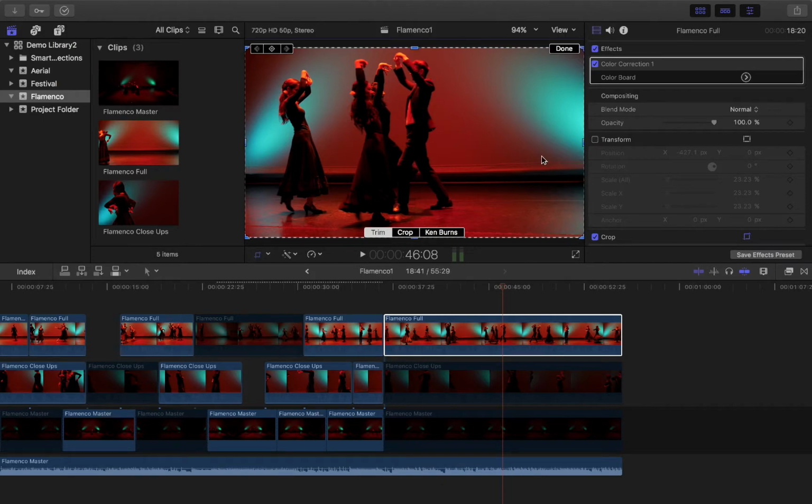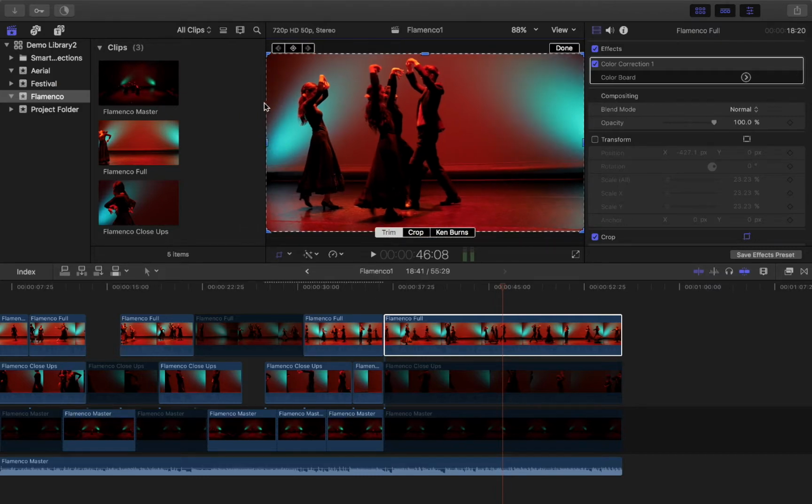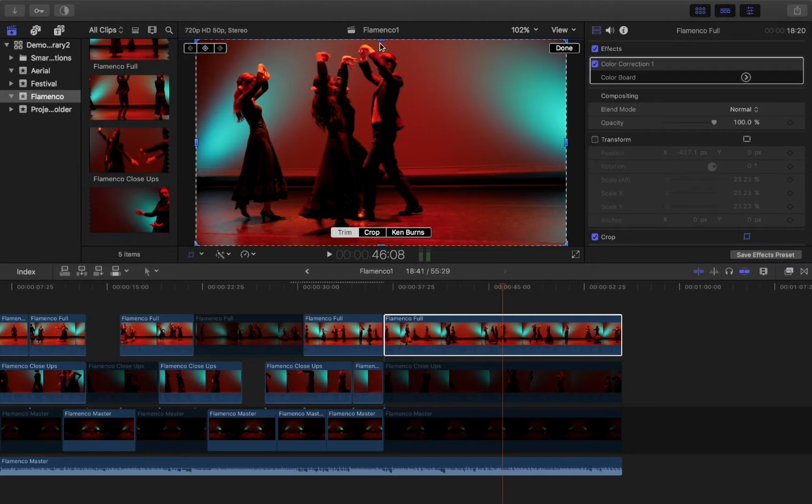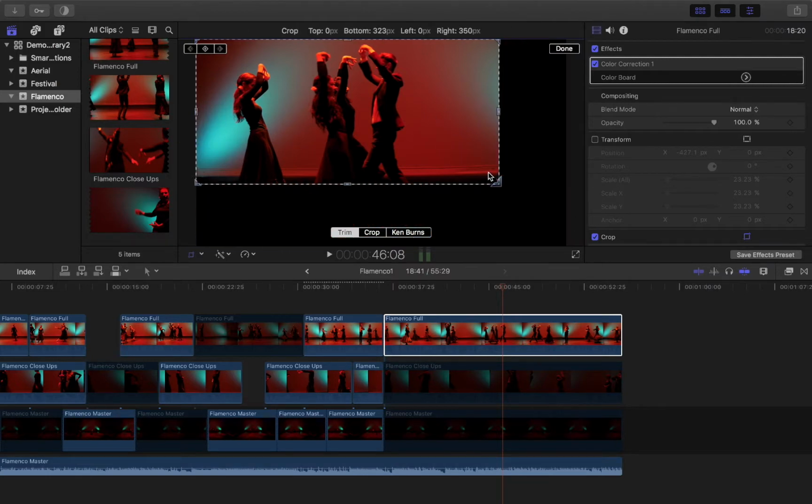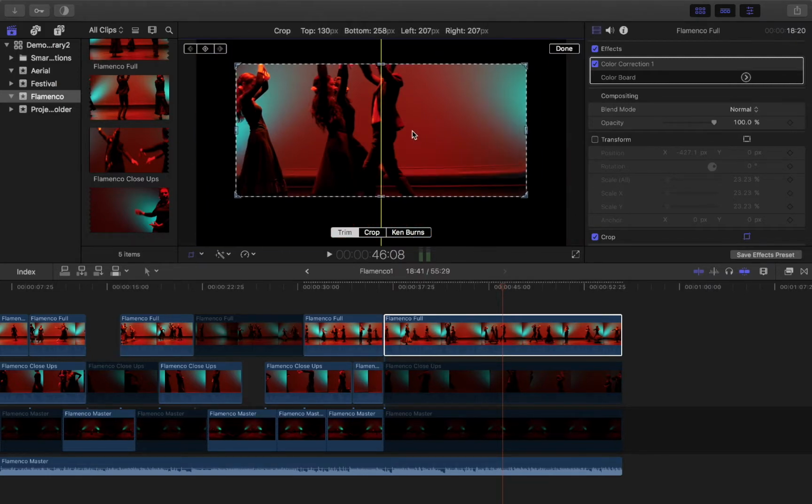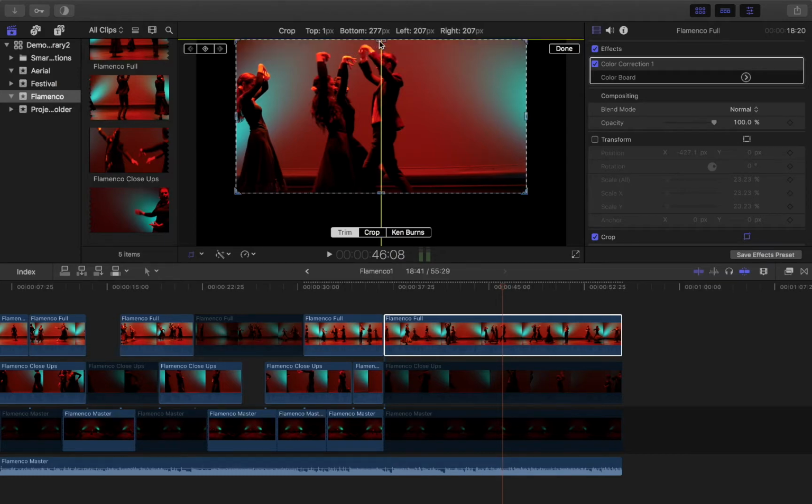Sometimes they're a little tricky to grab. Let's try the side one. Nope. Oh, that just makes my screen smaller. So you really want to grab hold of these, and you should be able to. It's being a little funny. There we go. Okay, so what it does by grabbing the top and the bottom is it doesn't